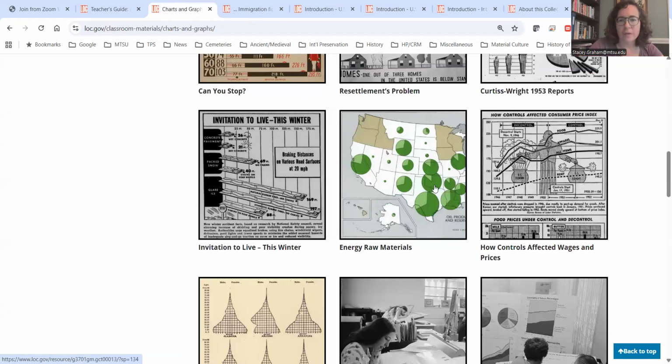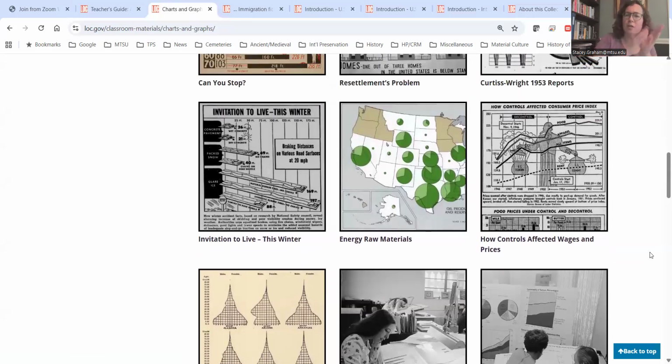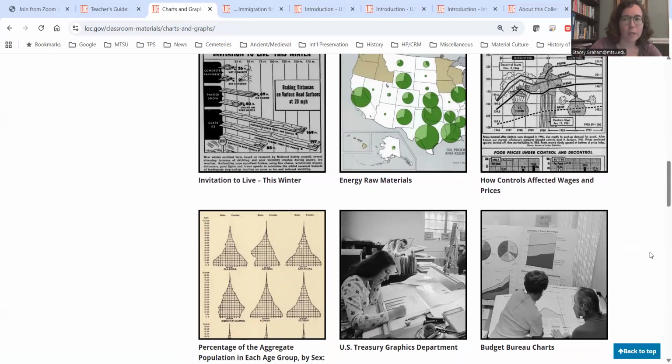And just a lot of really great kinds of charts and graphs that, because they might be part of larger books or atlases or newspapers, they're not individually included by themselves. So they won't come up necessarily if you search for them in the search results. You kind of have to sift through these other longer multi-part primary source documents that come up. And so that way, something like this, where somebody's already gone through and pulled these out for you, is just